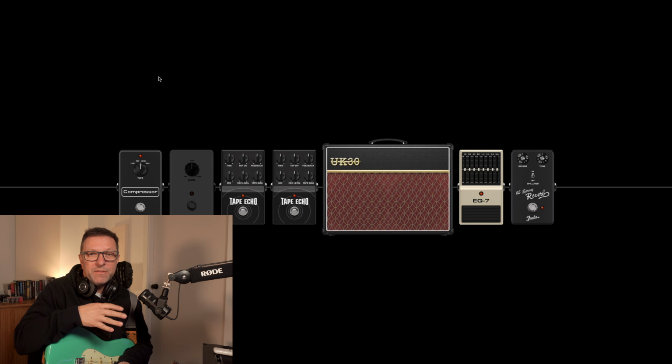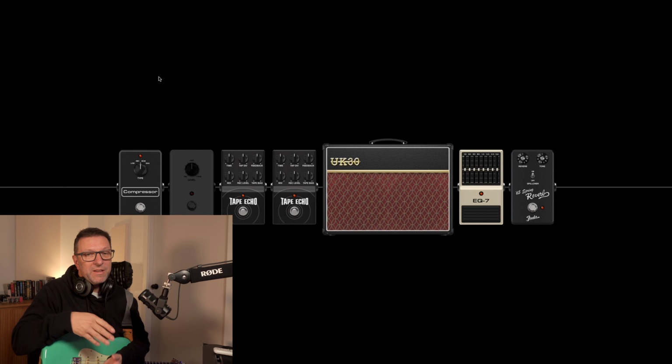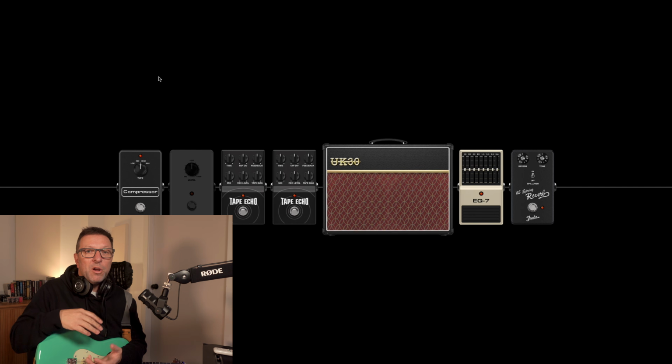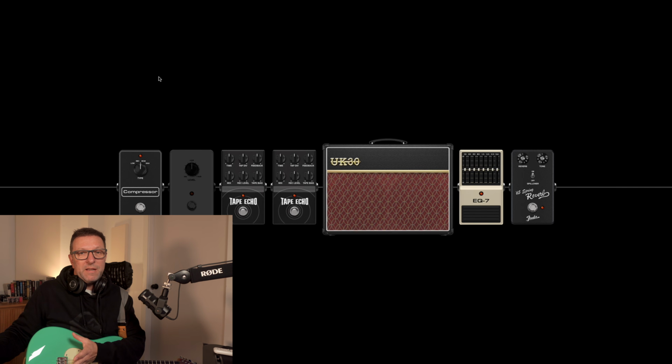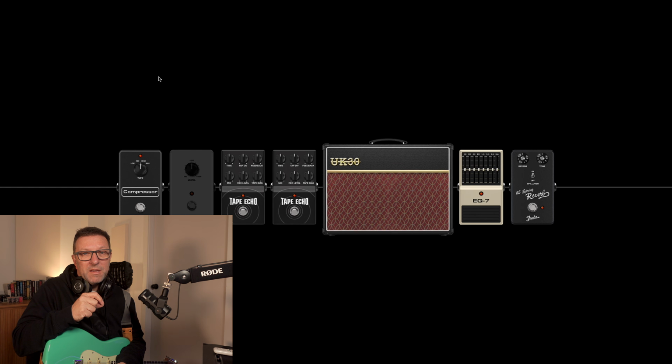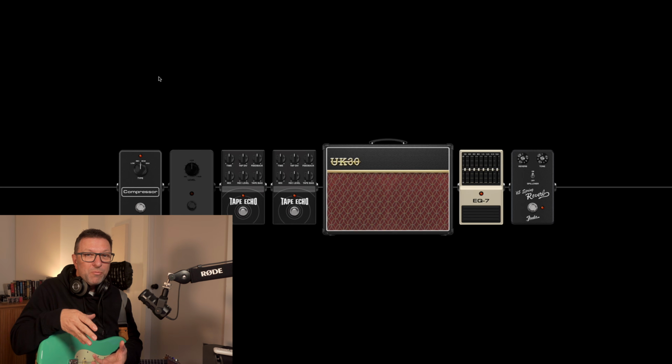When I listen back, I often find that it sounds a bit different when it's recorded to how it sounded through my headphones and through my FRFR speaker. But ultimately, you're going to be using this preset with an FRFR speaker, and to me, it sounds pretty good through this speaker when I'm playing along, and I hope that it sounds good with your speaker setup, but if not, use the EQ7 or maybe tweak some of the speaker high cuts if it's too bright.